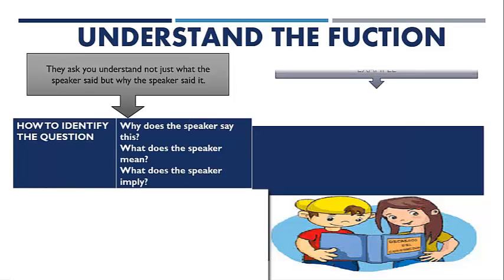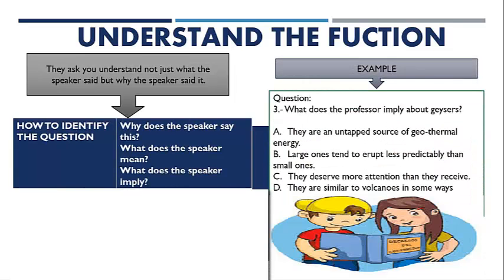Understand the function. They should understand not just what the speaker said, but why the speaker said it. So, you can determine whether the speaker said something in order to apologize, explain, clarify a point, change a point, indicate a change of opinion, or suggest a new action. You can identify this question with the following questions. Why does the speaker say this? What does the speaker mean? What does the speaker imply? For example,